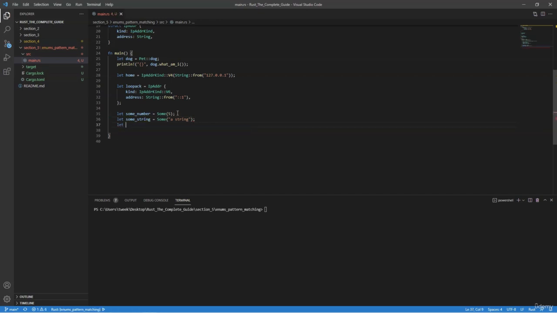And then we can say let nothing equal of an Option, and we'll specify that it's also an i8, equals None. So all of these are valid,